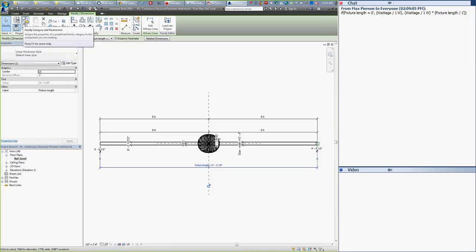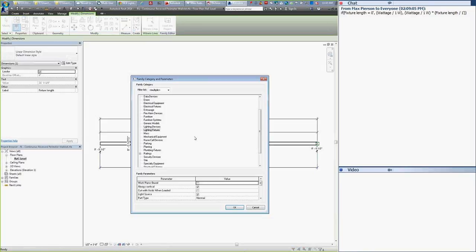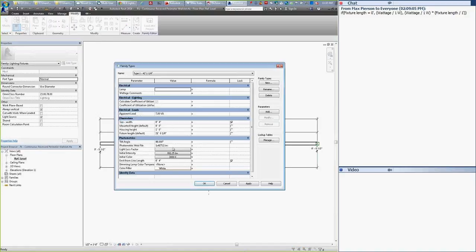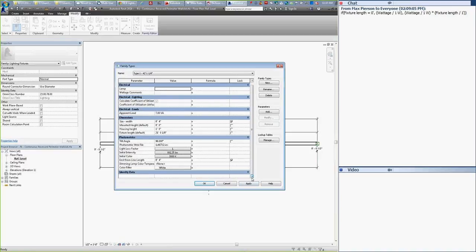Then I need to go into family category and parameters. That seems right. No. I think below it. If you're looking for that. Yep. Okay, so then this fixture length is,